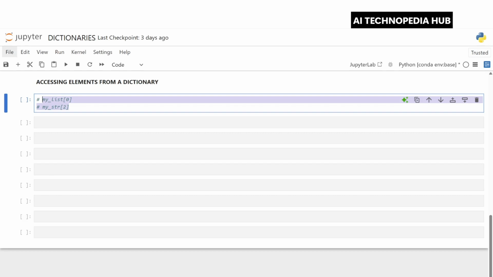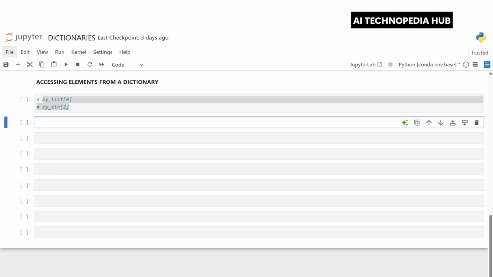So let's use the square brackets to look up the values using a key in our first example. Now let's see, for example, if we have book_prices equal to, let's say we create a dictionary where we have Python as the key, and the value is 450, comma. Next we have Java as the key, and here the value is 399.